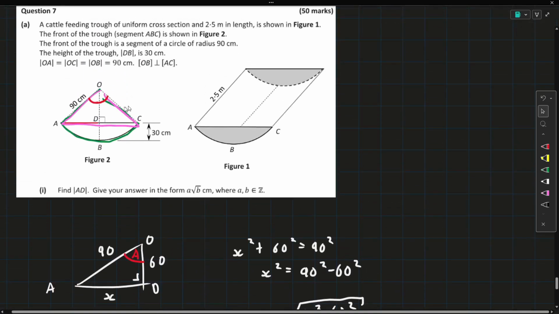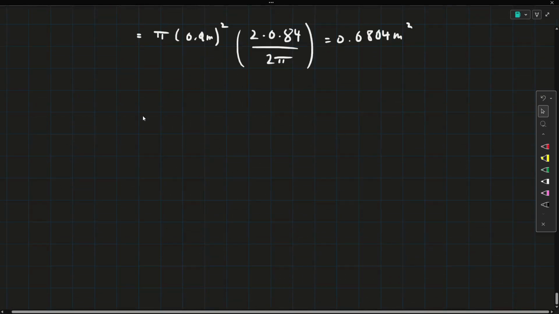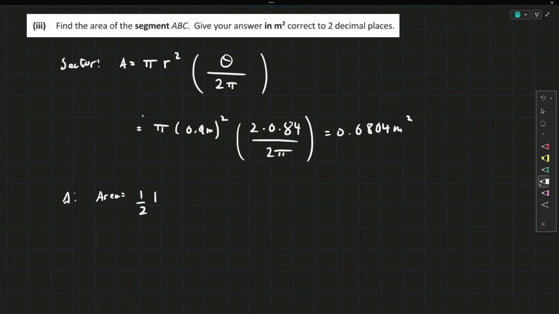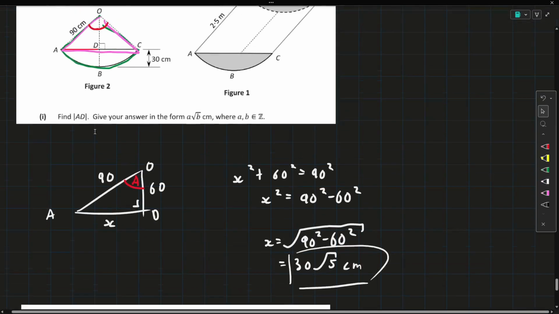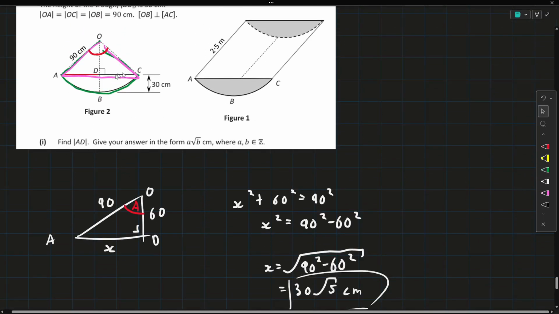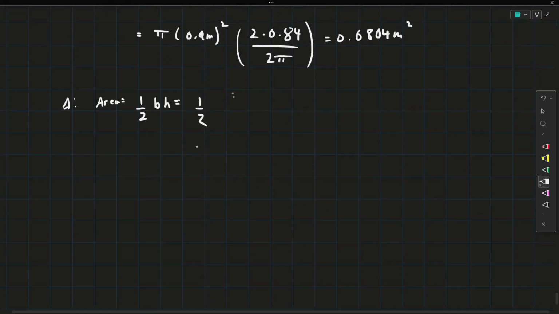So now what we want to do is find out the area of the triangle. The area will be equal to half the base times the perpendicular height. So we'll have a half. The base here, remember that A to D was 30 root 5, and because it's symmetrical, the entire thing will be 60 root 5, so we're just multiplying that by 2, so we'll have 60 root 5,